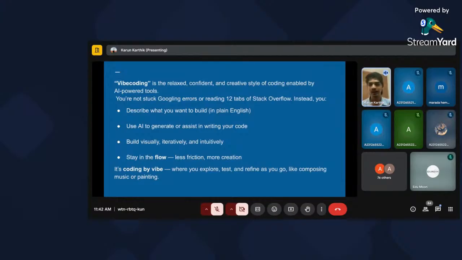And I work on the hiring side of the firm, right? So I've actually seen resumes of people that include vibe coding as one of their skills. Yeah. So you're not stuck googling errors or reading 12 tabs of Stack Overflow. Instead you just ask the AI agent, saying I'm facing this kind of problem, how do I overcome it? And the better part of vibe coding is